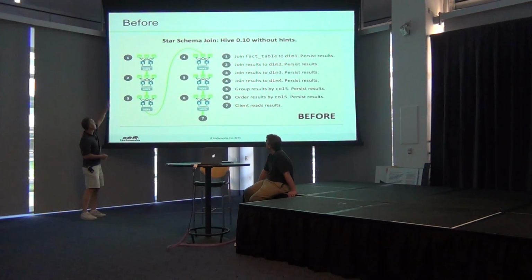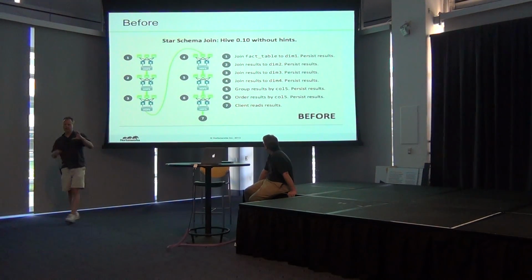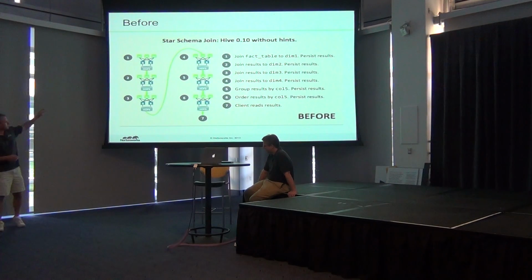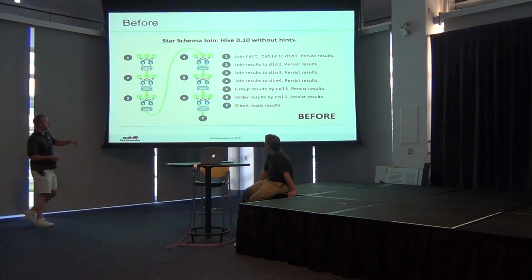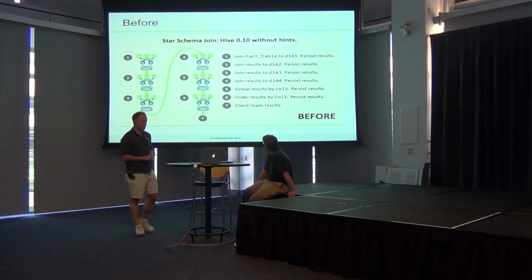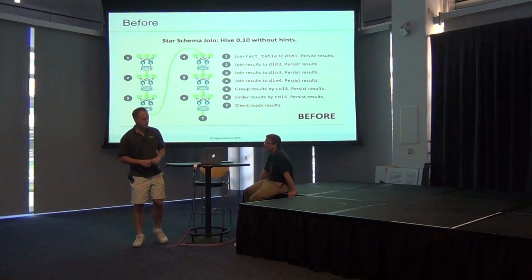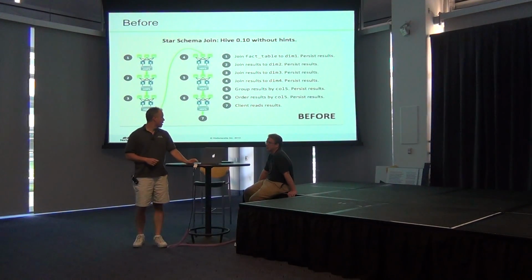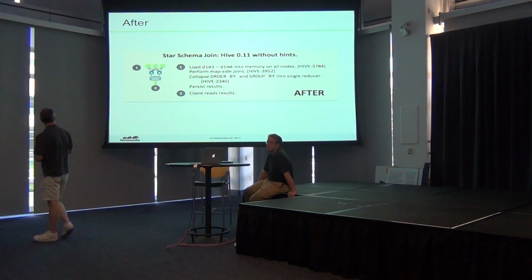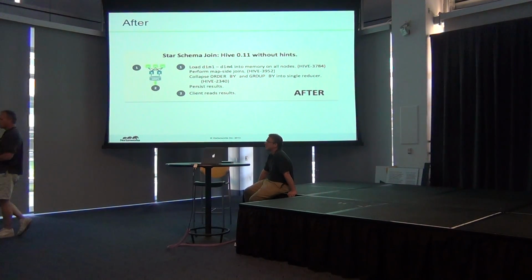So in job 1 up there, it takes the fact table and the first dimension table and does the join, and then moves along slowly for each of the joins, finally does a group by, and then does an order by on the same columns, right? So 6 separate jobs. That's where that 600 second number is coming from. With the changes that have gone in so far, we make star joins work well.